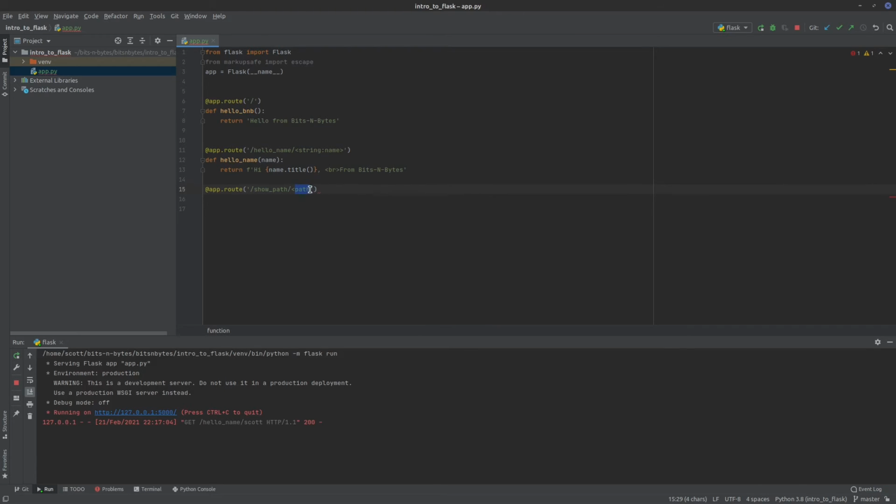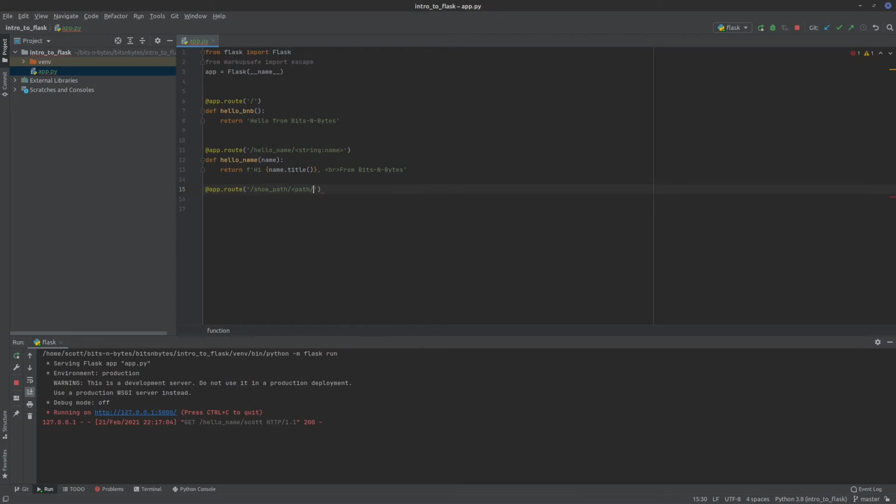That's called a converter, and it converts this type to a path, and this one converts whatever is in here to a string. And then there's ones for integers and floats and stuff like that. And what the path does is it takes a string and then it escapes it and allows slashes to be used. That's an important one.